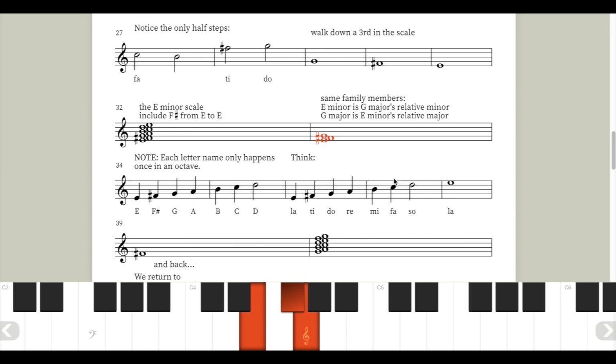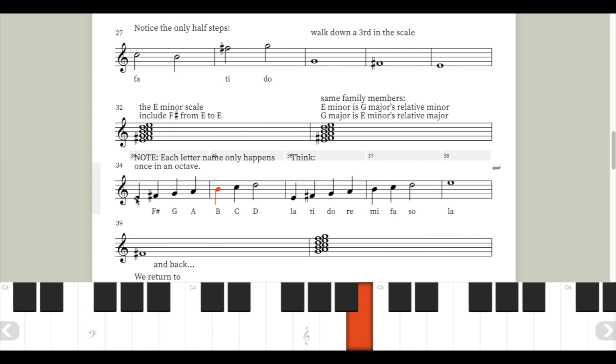Same notes. Note each letter name only happens once in an octave. So we can see that there's an E, an F sharp, a G, an A, a B, a C, a D,